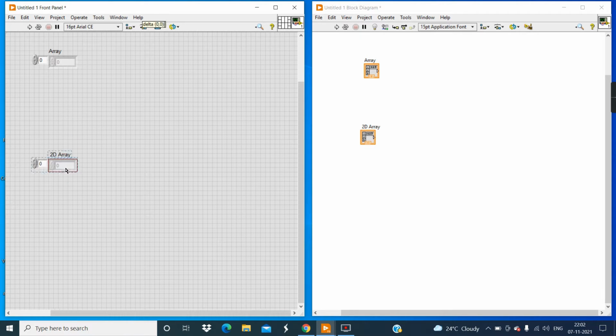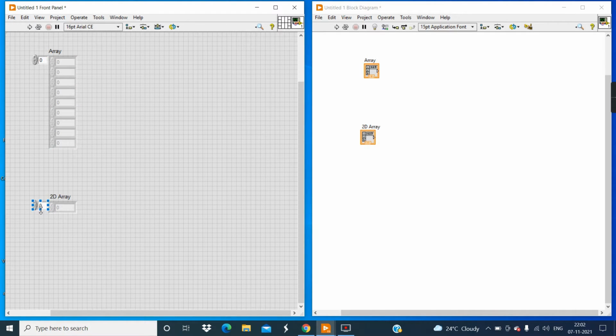Change the position first of all. Now see, 1D array. 1D array means what? One-dimensional array, either one column or one row. So I want one column. Or if I want one row, simply increase the elements in a row. But right now I want a column, so simply increase the elements in a column.